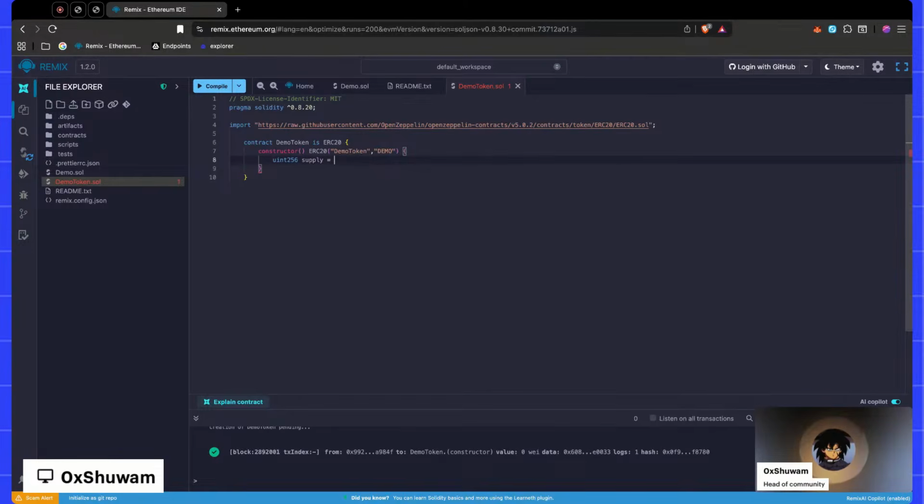So here in this line, this is basically a constructor. It will run only once when the contract is deployed, and the next line, we're just declaring the supply of the token that we're going to create. So here I'm just going to give 100 million tokens,